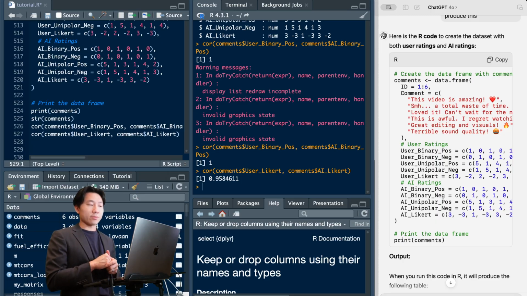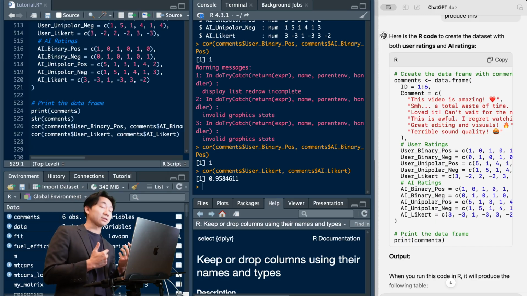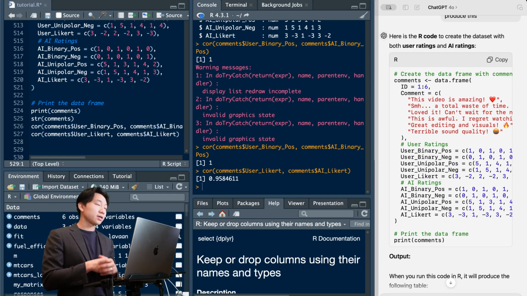Anyway, this video covered the basics of how you might compute a correlation between AI and human ratings, and we talked a little bit about how there is at least some overlap. The interesting question is, are there cases where this isn't true? Certain types of text, certain types of constructs, and we'll be diving into that in another video.